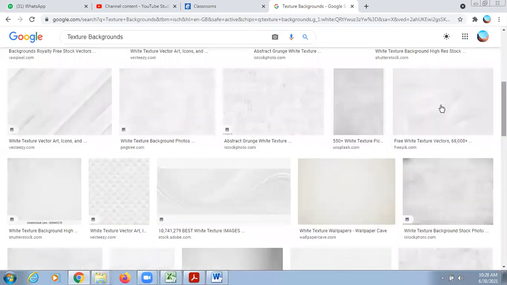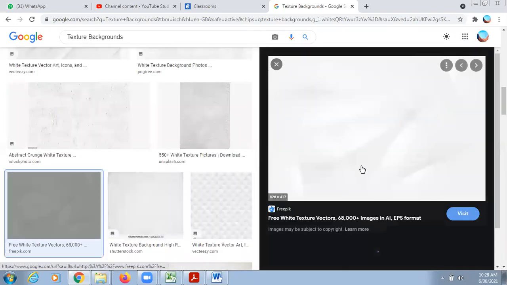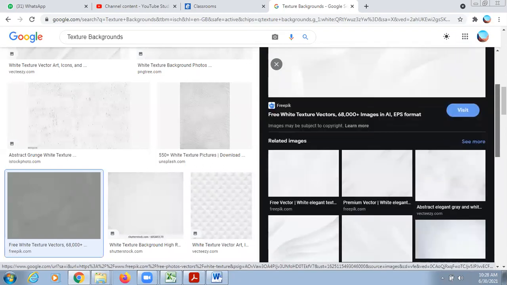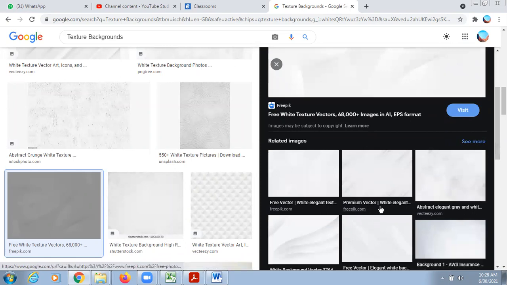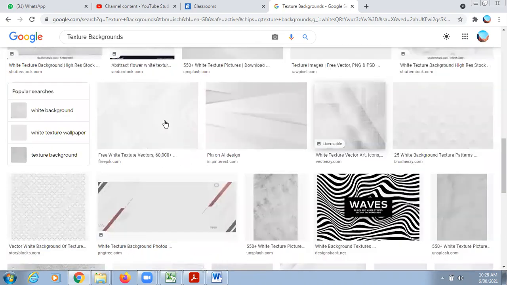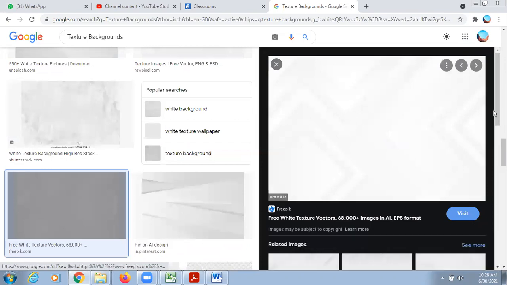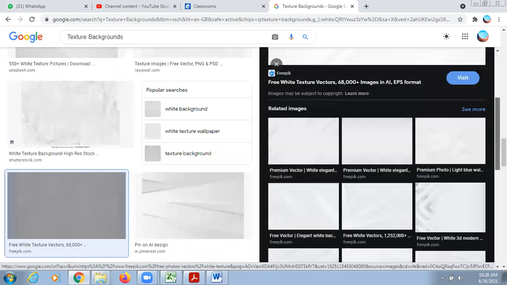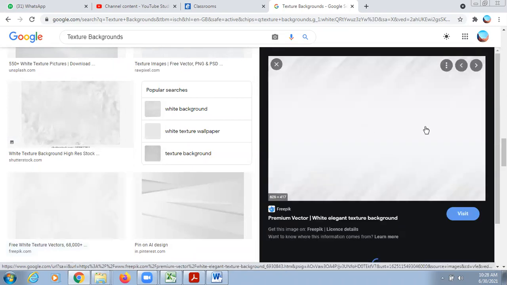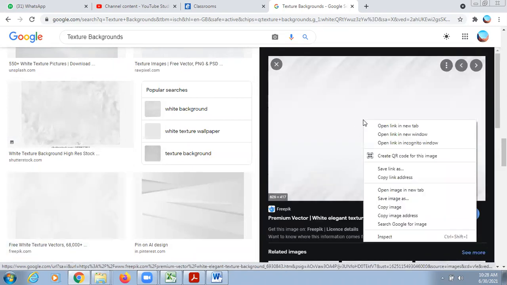So let's say I am going to insert this texture. Okay, let's try with this one. Save it.